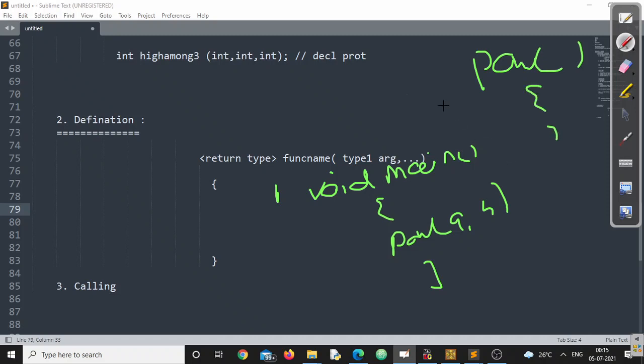Suppose everything is in place: the function definition is correct, the function declaration is fine, everything is fine. Now I am calling this function. When this particular statement is executed, from this point onwards, directly the control goes to this particular function. Once all the lines of the code are executed, or when the return statement is executed, immediately the control will be transferred from that function back to this one.